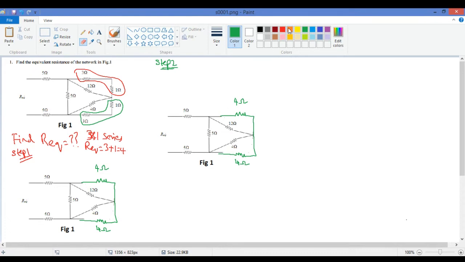You might have seen that this is 4 and 12, they are parallel. Okay, and similarly you might have seen this 4 and 4 are also in parallel. Okay, so we write